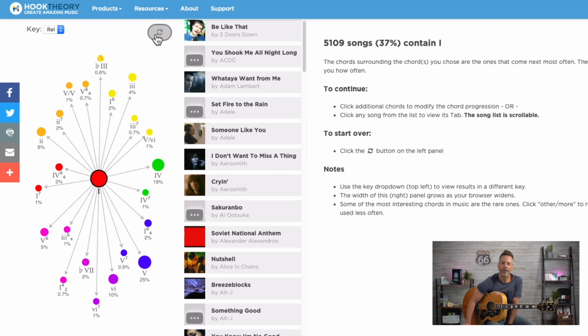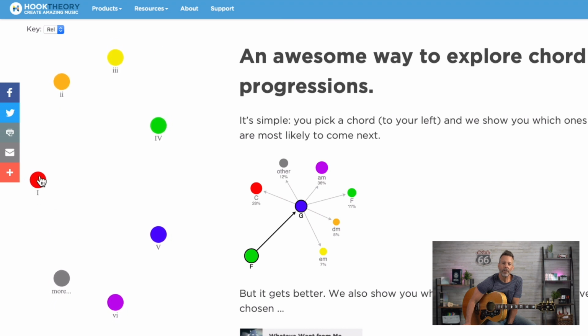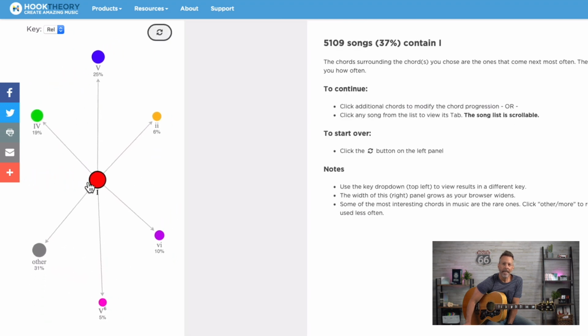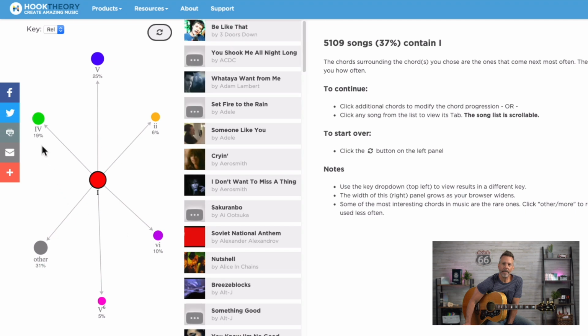Let's go back, okay? So we're gonna start this over again, but we could go there, okay? And if you don't like that structure, you could try something else, right? We don't want every song to sound like this, so instead of going to the 5 chord, maybe let's go to the 4 chord and let's see what's next, okay?